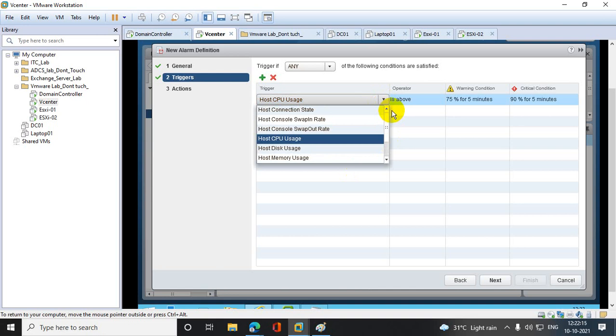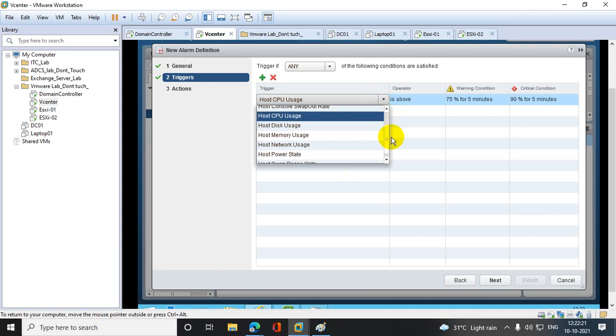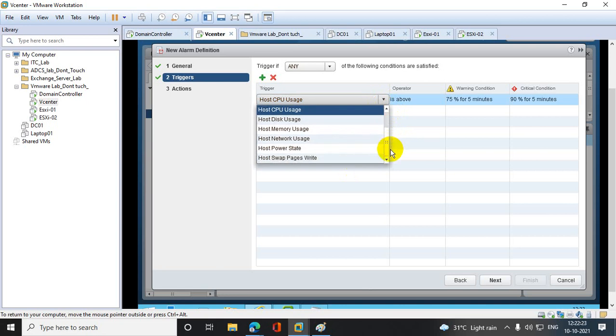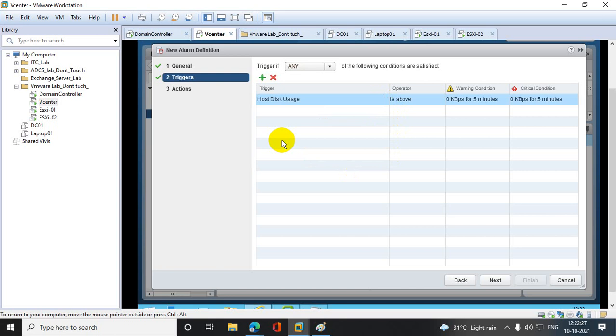Host connection state, host swap in rate, console swap in output, host CPU usage, host disk usage, host memory usage. So you have to do host disk usage. And this disk is a local disk, I'm telling you, it's not the data storage. Local disk.